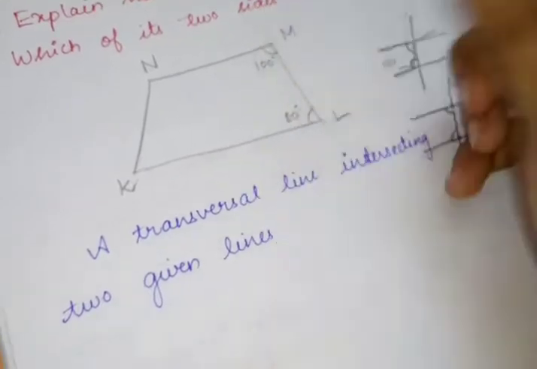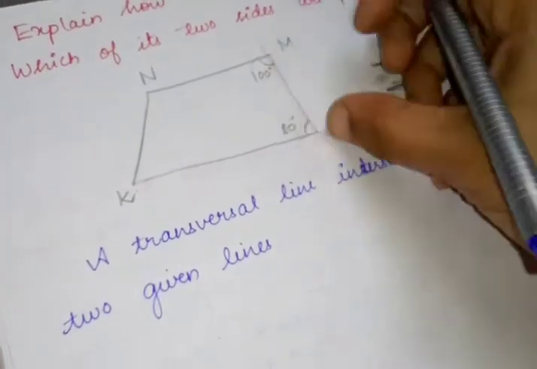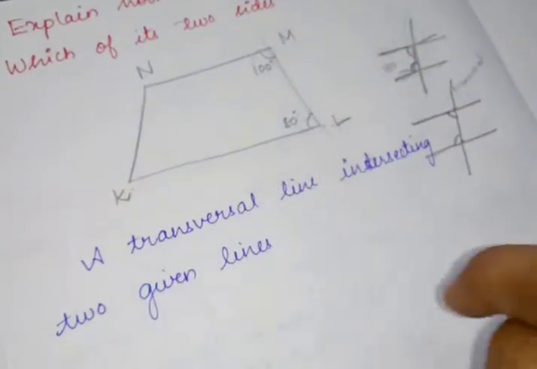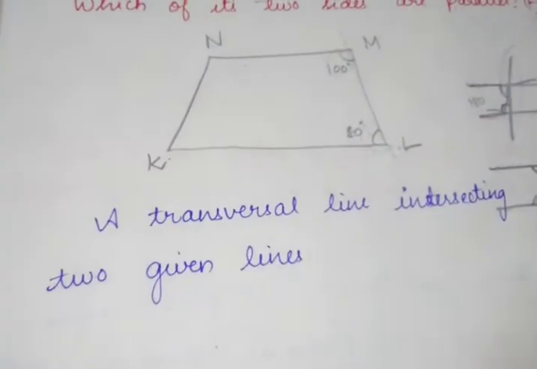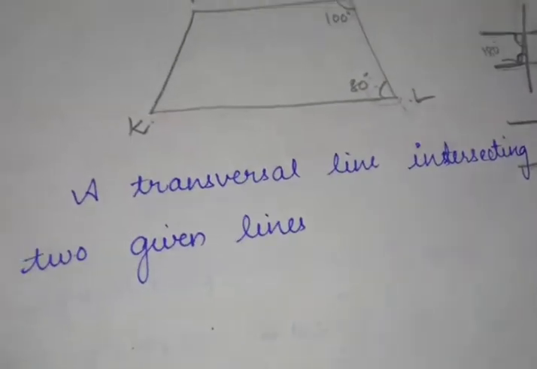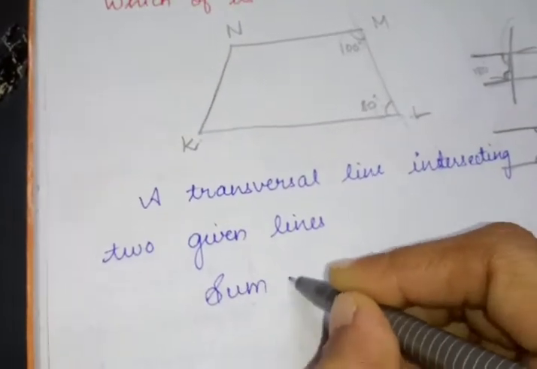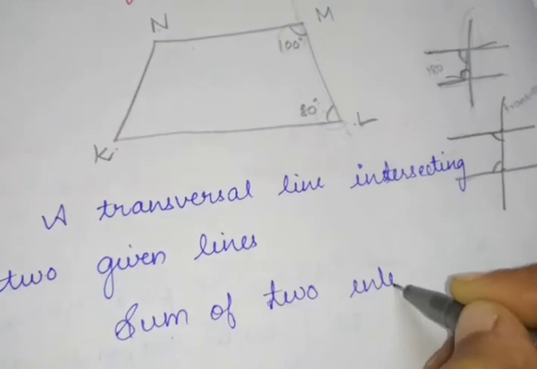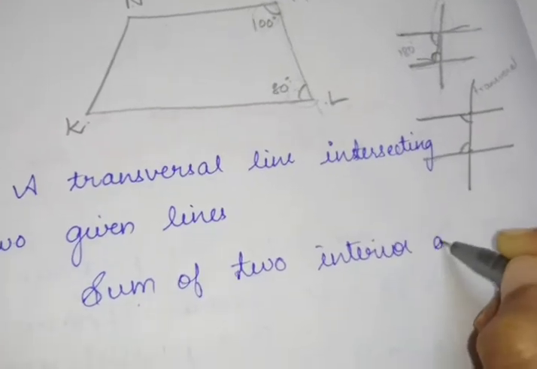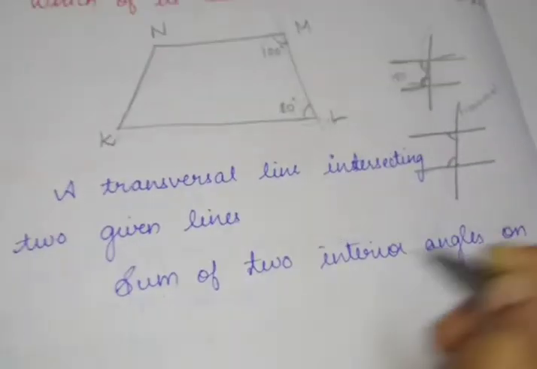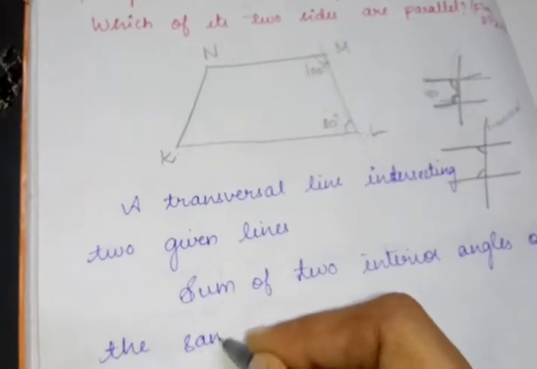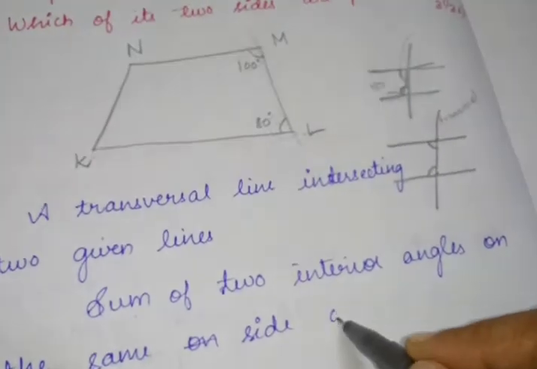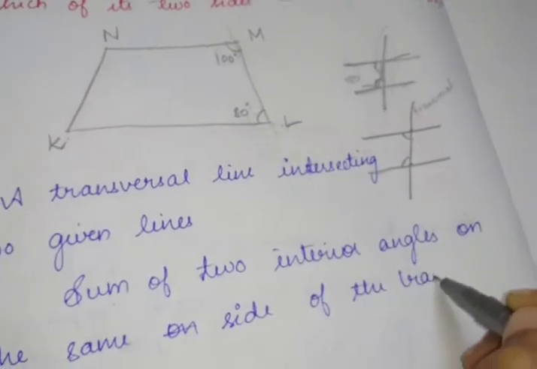The transversal line LM is touching NM and also KL, so it is intersecting two given lines. Then the sum of two interior angles on the same side of the transversal